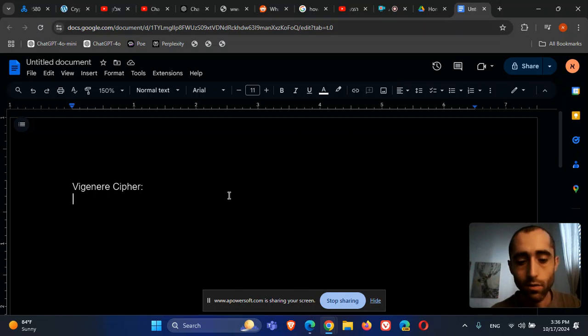Okay, so let's talk about the Vigenere cipher. I'm pretty sure I'm not spelling it correctly, but the idea is very similar to, or maybe I can define it as, a substitution cipher. But now instead of working on one letter at a time, we are working with a key that, instead of being one value or letter, is a bunch of letters. Now, the key can be, for example,